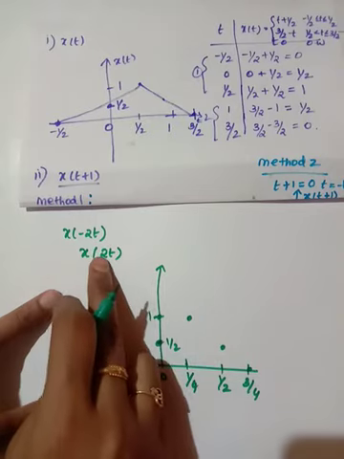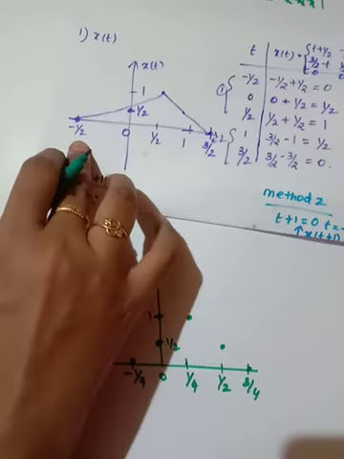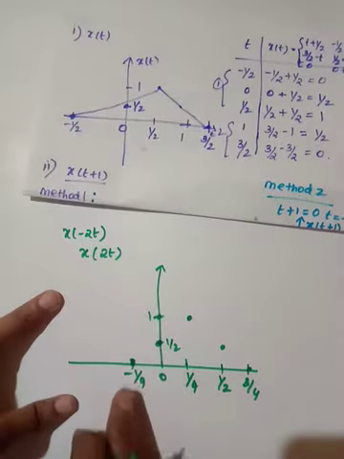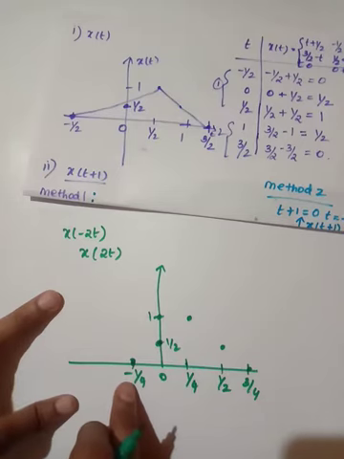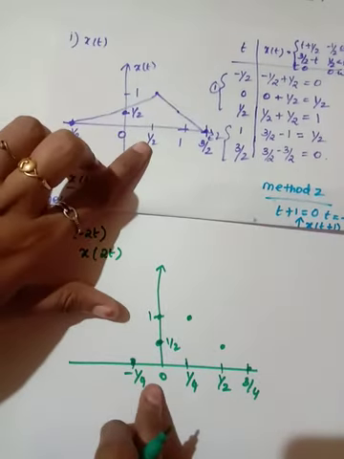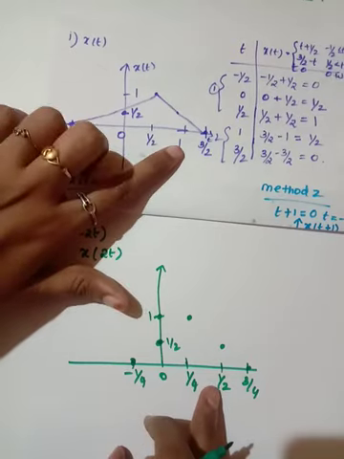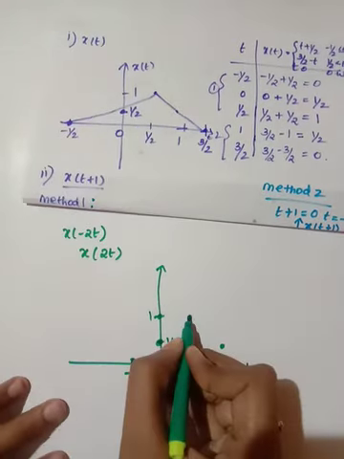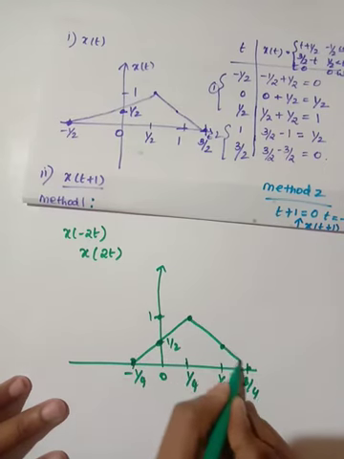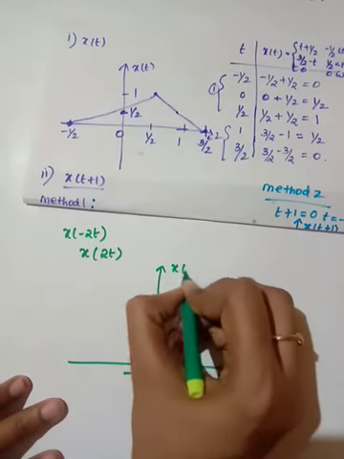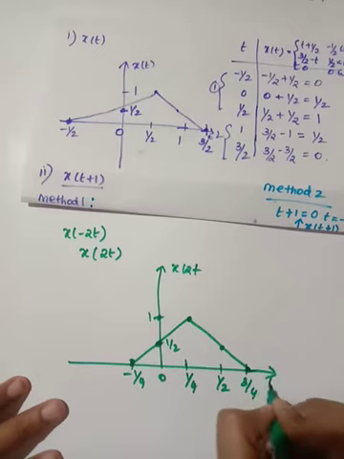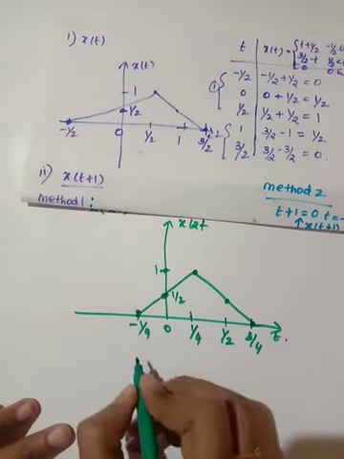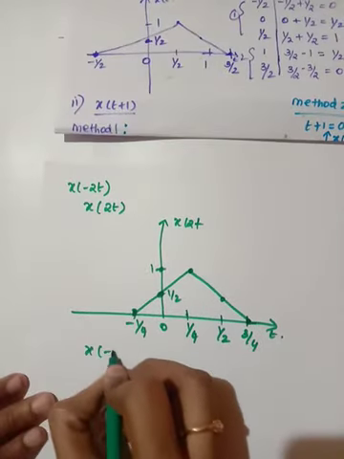Multiplication means this is the original signal, and I am going to divide this by 2. So when I divide this by 2, what will I get? I will get minus 4, it is 0. Here you will get 1 by 4, here 1 by 2, here 3 by 4. The remaining values correspond to their magnitudes. Now I am going to draw this x of 2t. This is t. Next I am going to perform a reversal, x of minus 2t.